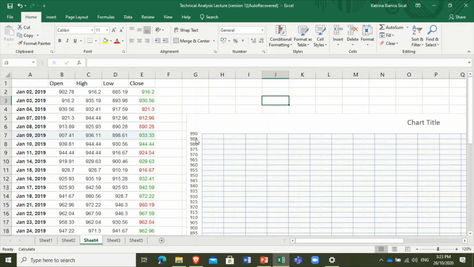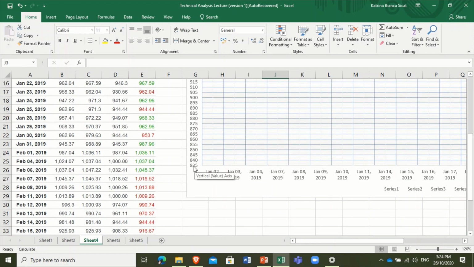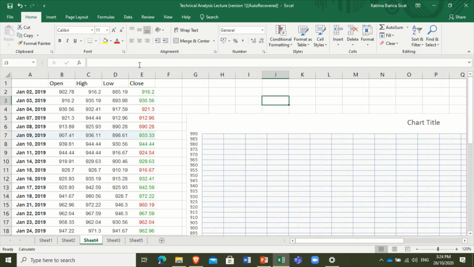So, as you can see dito sa chart na ginawa ko, 5 yung interval natin. Make sure when you do a chart, very consistent yung interval. Hindi pwedeng 10, hindi pwedeng after 10, magiging 5, magiging 20. So, kailangan consistent. If you started with 835 and then followed by 840, kailangan hanggang 5 yung interval or else inconsistent na yung chart mo. So, let's see if we can do it manually.